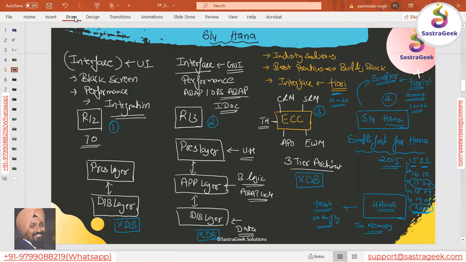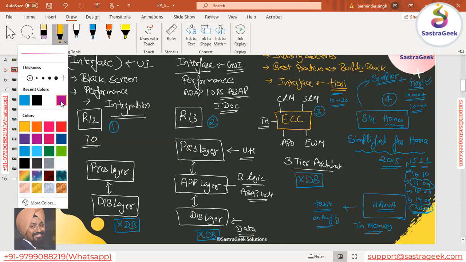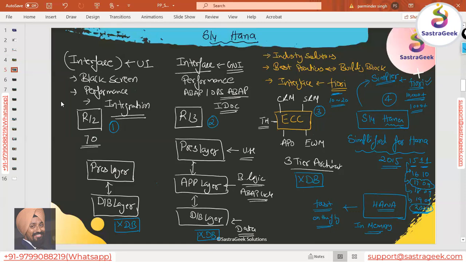How can I enhance my reporting functionality? I knocked on SAP's door and said, SAP, do you have any solution for it? SAP came back: yes, we have a solution. Why don't you go to BW for your complex reporting? Wherever complex reports come into the picture in ECC, they say don't run on ECC. ECC will go down with the complex reporting, and you will not be able to do the operations. You go into BW.